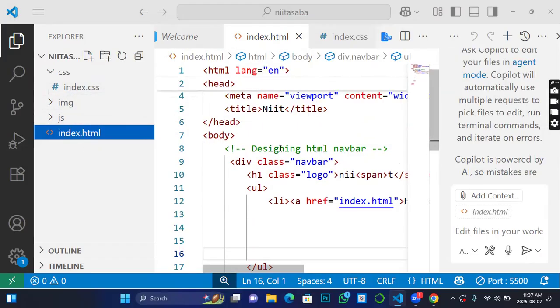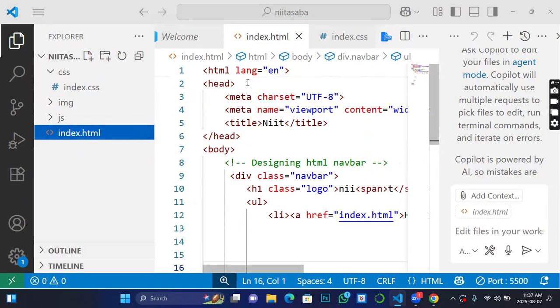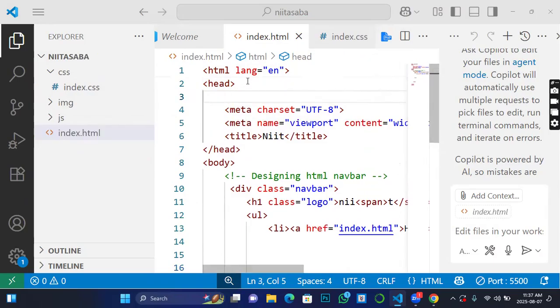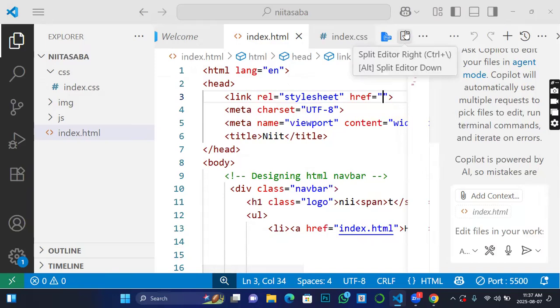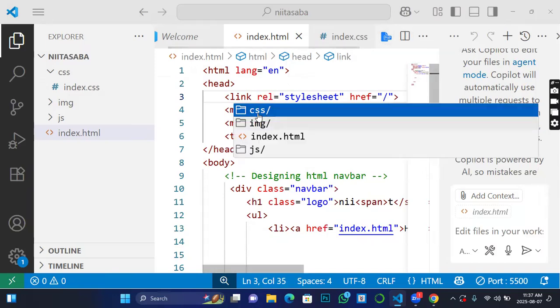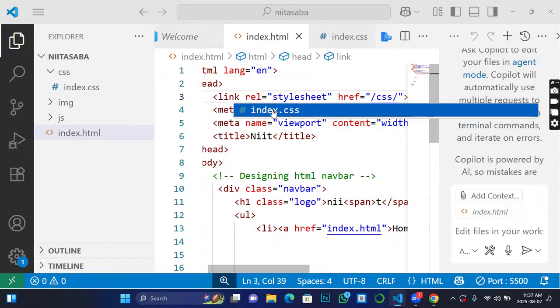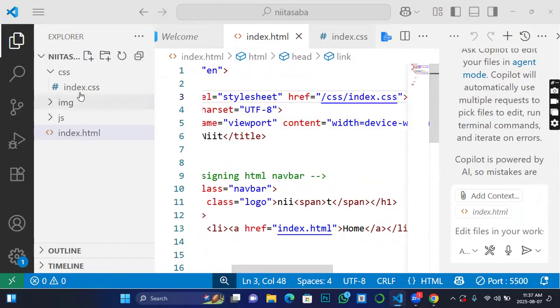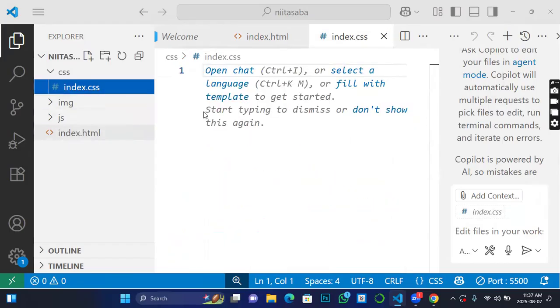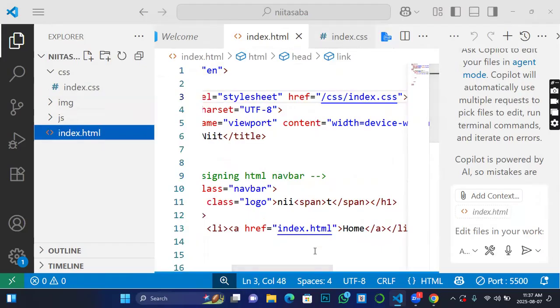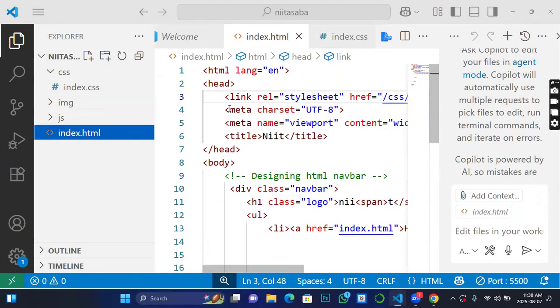So how do you link it? You go back to the HTML file, enter the head section and type link, right? And then the href, reference the page, go to CSS, then select the name of the file. So that if I come here, I want to style this particular element now. I am styling the div with the class name. What's the class name of that div? The class name is